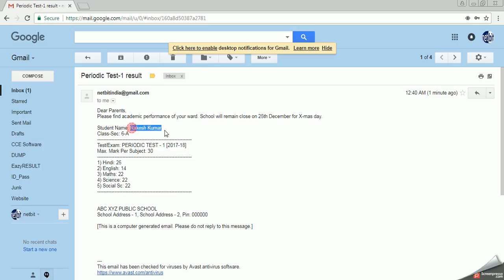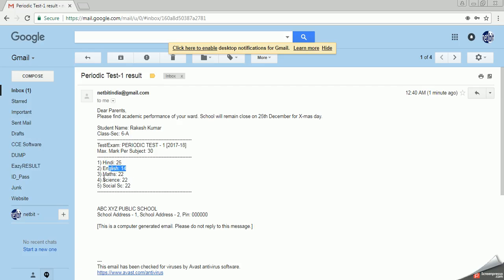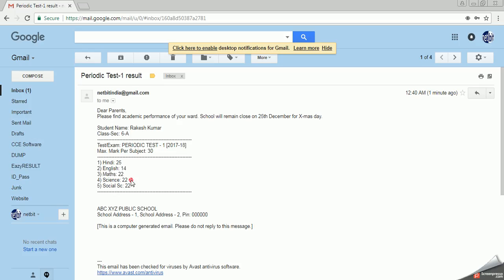Name of student is Rakesh Kumar, class 6A, exam is periodic test 1, then maximum marks per subject is 30, so that parent can check, okay, out of 30 my child has got 25 marks. For Hindi 25 marks, is it correct? Yes. For English 14 marks, okay, English 14 marks, math 22 marks, yes, math 22 marks. So this is 100% correct email being sent to the parent.